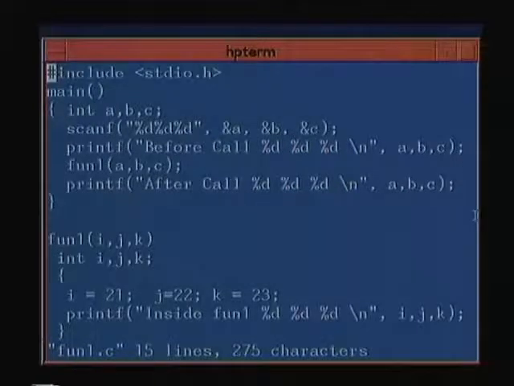That is, before the call whatever I read in I got, in the function these were reassigned, and after the function they were returned back. So why I did not get a change is the first question, and if I do not get a change, then what is the use of calling such a function, or how would I get a change if I want such a change, are the questions that we will have to answer.